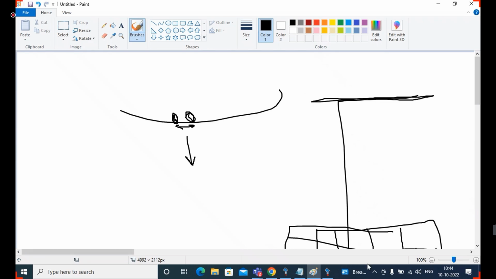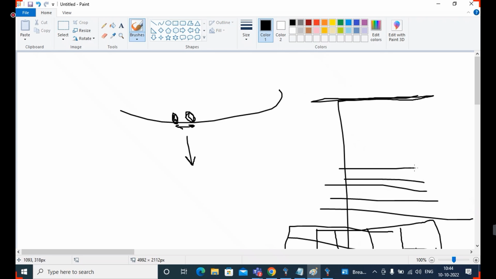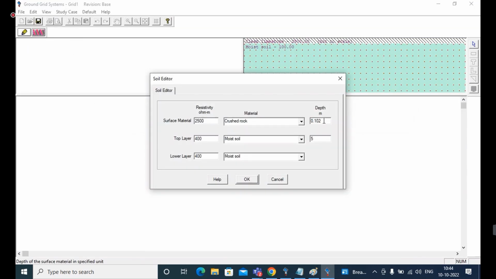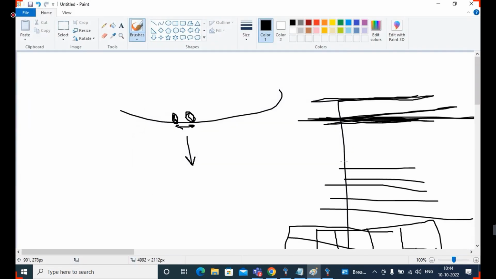After placing the mat and then the rods, we have distance, right? In this much distance, you can assign coal, soil, water, salt, again coal, soil, based on which type of soil you are going to use. So this much itself you need to place. If the client didn't give the values, you can change the depth in meters. Why? Because we have this much distance, and in that distance you can assign.